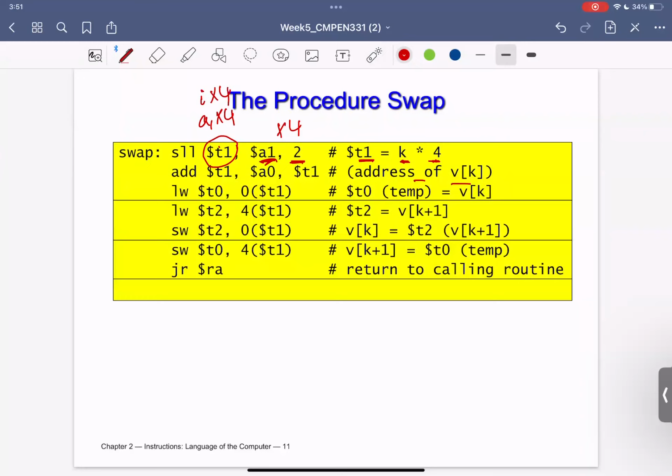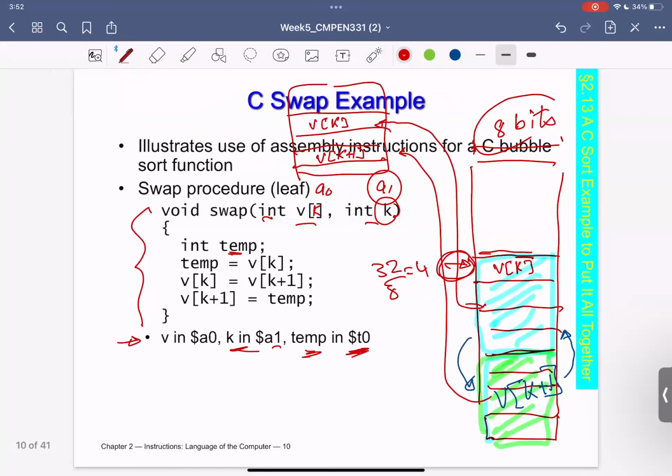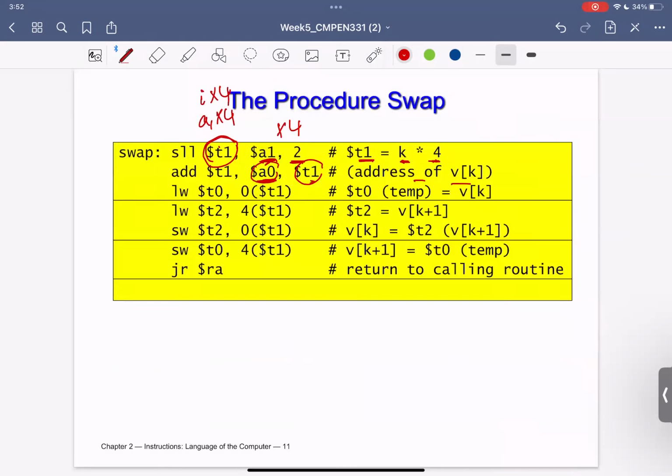The next step is to add to the base address, add to the 200, yes, the base address. So I need to add this T1, which is here, to my base address. What is the base address? It's the very first house. In this case, the very first house is what is referred to as A0. Since V here has the A0, it's just pointing to the very first address of the array. It's actually addressing V of 0. So this means that I will add this to that. Please update now your T1 with the base plus k multiplied by 4.